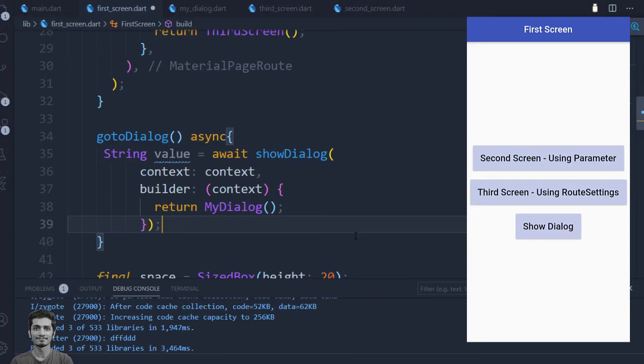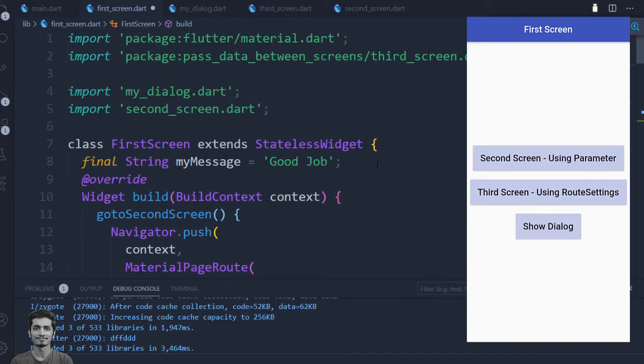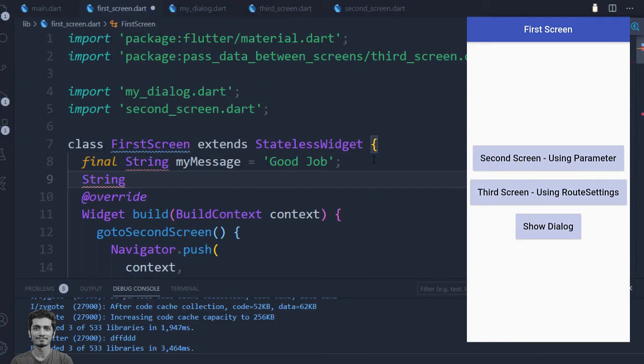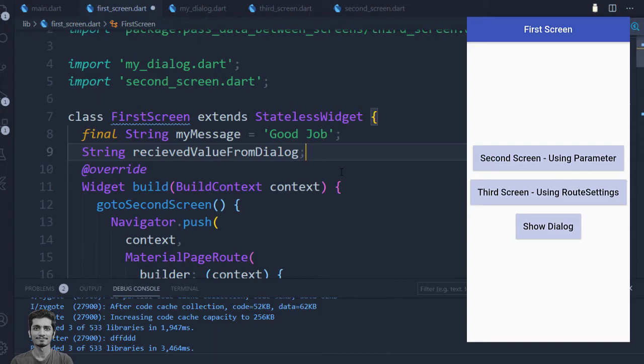Let's show this value onto the screen. For that purpose, I will define another variable outside the scope of the goToDialog method. Because the value of this received value from dialog variable will change over time and we can't set this to final, so we will make this first screen widget a stateful widget.